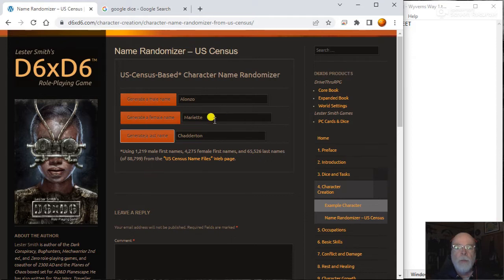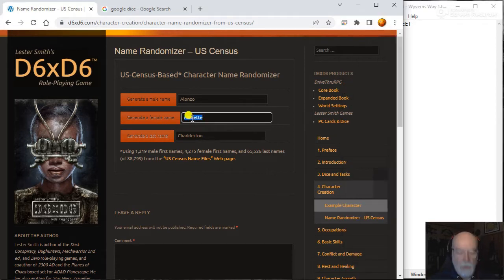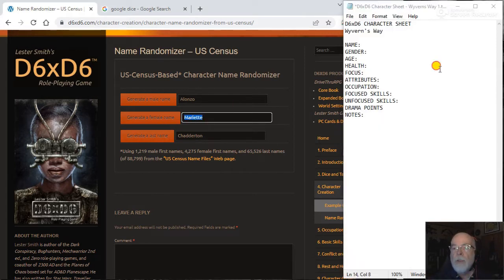You know what? Mariette. I like that one of these three. I could keep rolling, but let's just go with Mariette. And I'll play a female. She's a traveler of some sort. Let's make her age